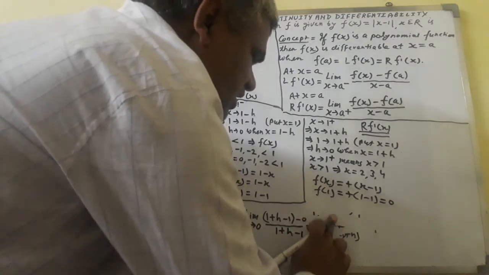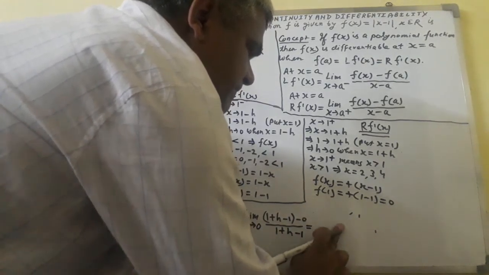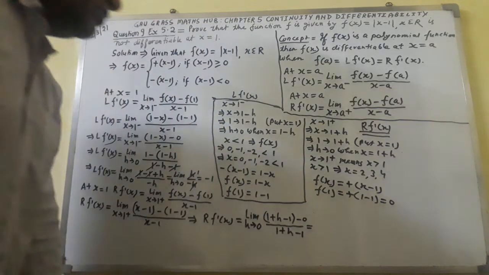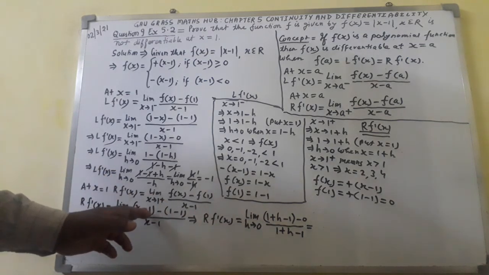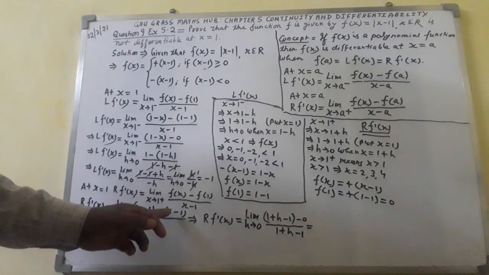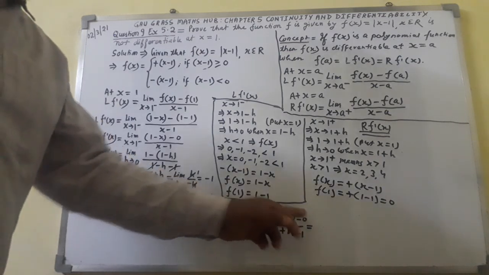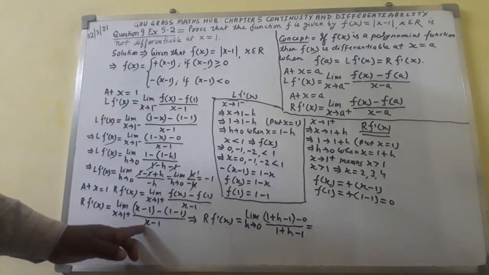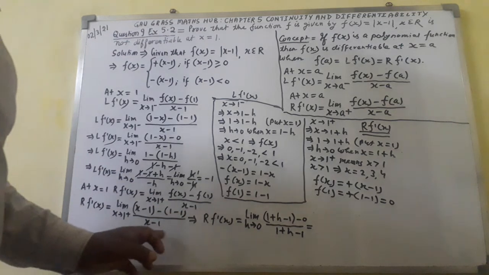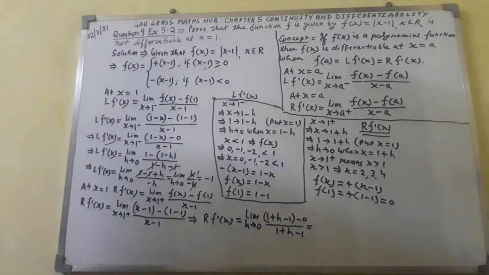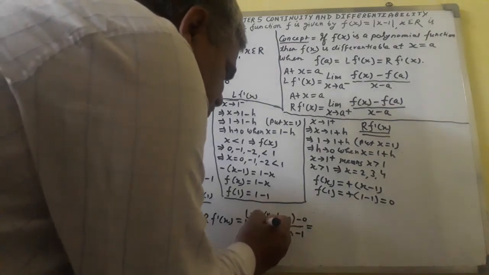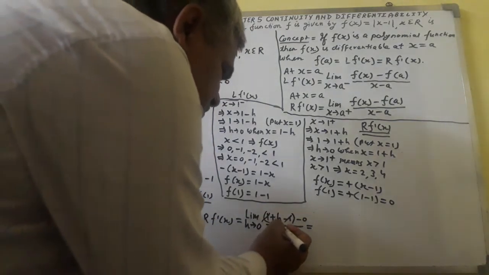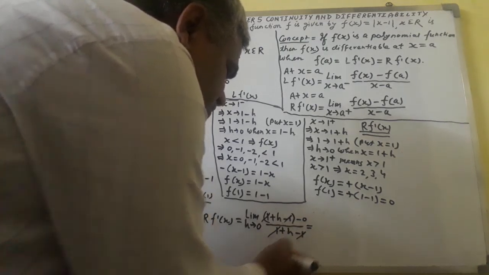Now what changes will occur? Let us see. This thing it will become: in place of x, I shall write 1 plus h. I have written minus 1 is there. Or here minus 1 comes out here, 0 it will become. Here in place of x I shall write 1 plus h, I have written minus 1. What will we do next? Let us see. Plus 1 minus 1 will be cancelled out.